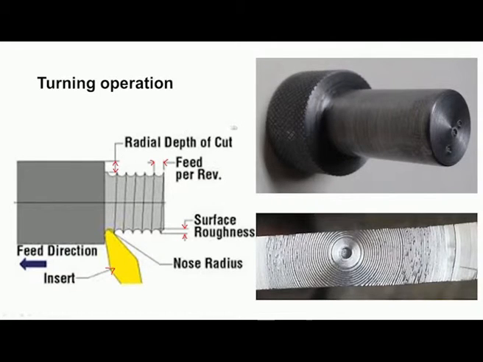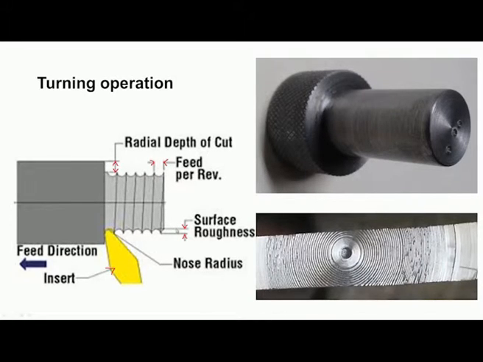Now if we take a very simple, very well known machining operation, that is the turning operation. Here you can see the workpiece, and then we have the cutting tool with some round nose. This is the nose radius, and the cutting tool is fed in this particular direction. This is the feeding direction, and because of this radius, the tool mark appears on the machined surface like this. We get concave shapes like this.